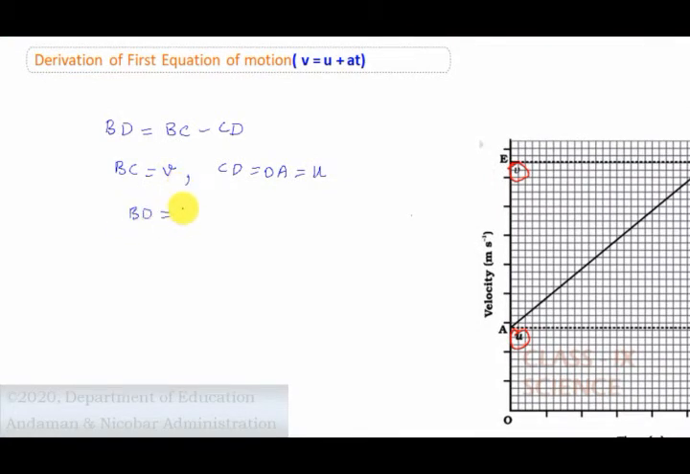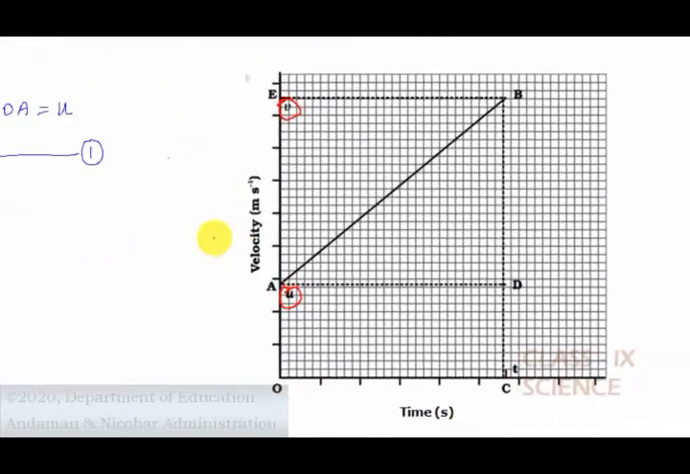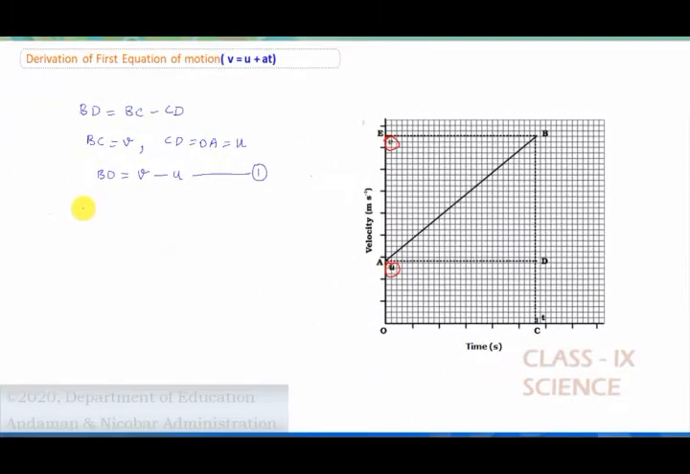In place of BC we can write V minus CD. In place of CD we can write U. So we mark this equation as 1. We know that acceleration is equal to change in velocity by time. Here the change in velocity is BD and time is AD. So here we can write acceleration is equal to change in velocity, that is BD, divided by the time, that